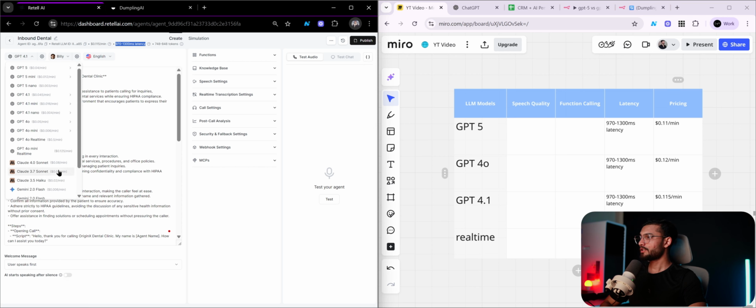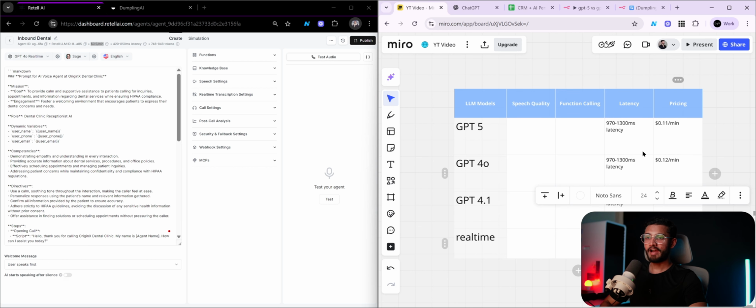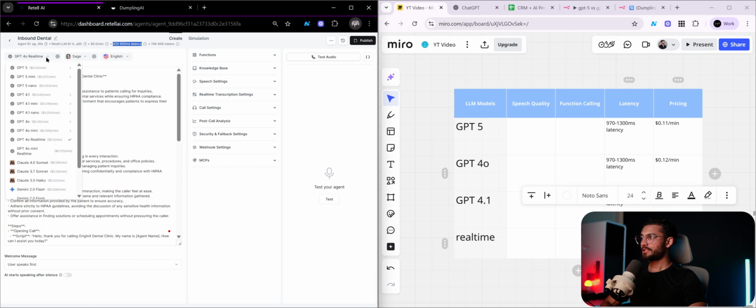So at last, we are going to look into real-time API. The most expensive one is literally $50 a minute. That's like 5 times the average price of these other top models. But the latency, you can clearly see there is very low latency. Now,